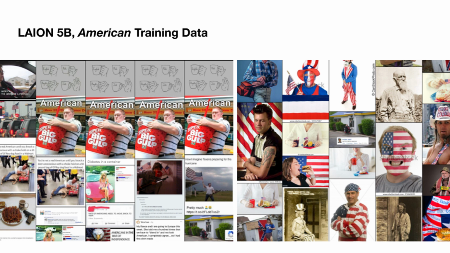There's some face paint, which we also saw in the generated image. There's lots of flags, also in the generated image. There's cowboy hats, also in the generated image. Interestingly, there's some Confederate flags, lots of guns. To the left, there's a man tackling a deer in a Walmart. So there you go. That's what LAION, and to that extent, many diffusion models are looking at when you type in the prompt